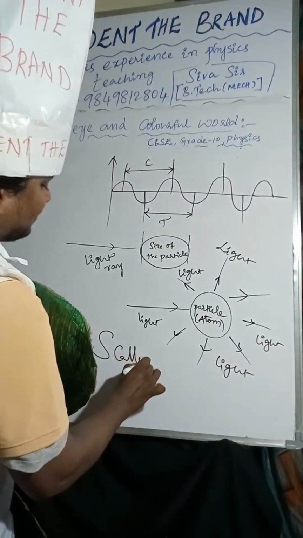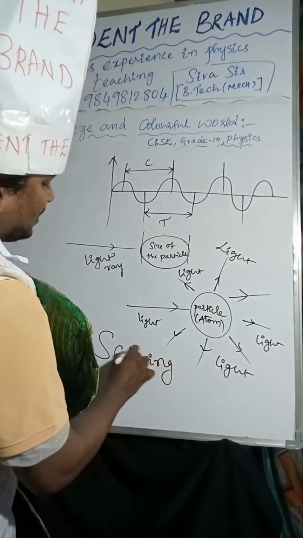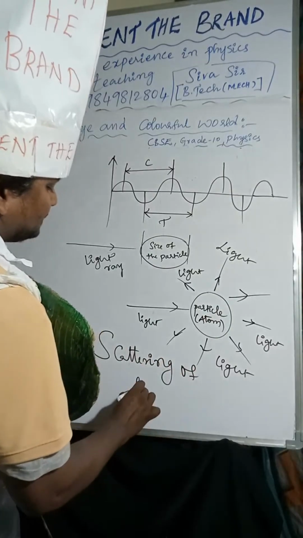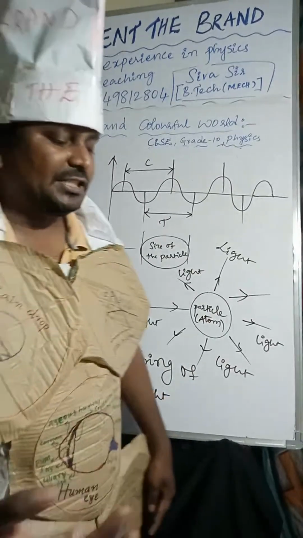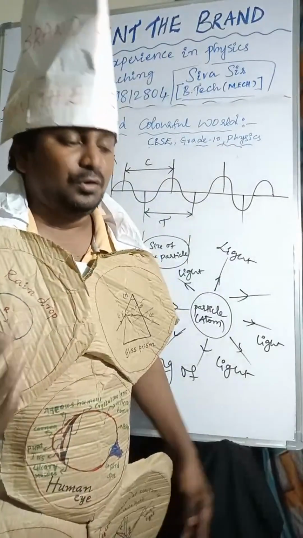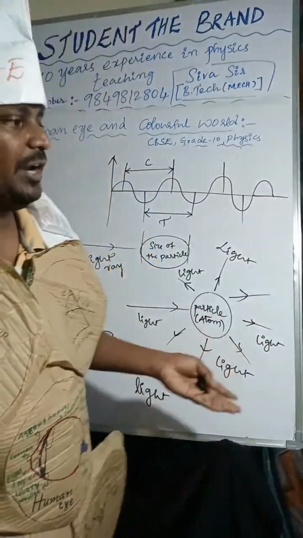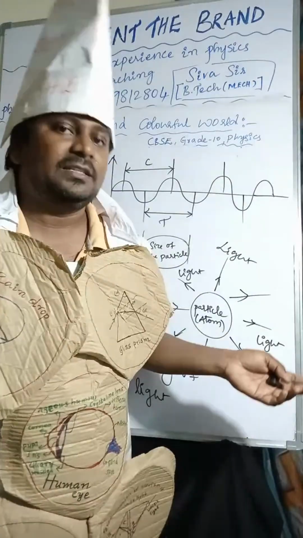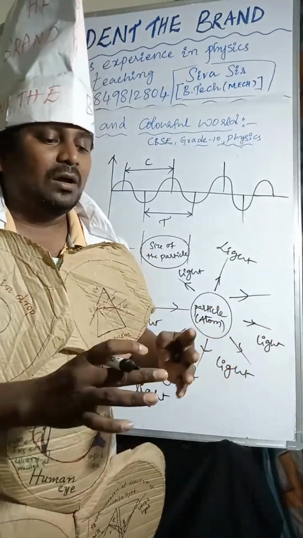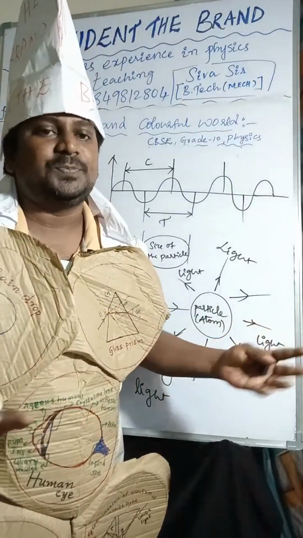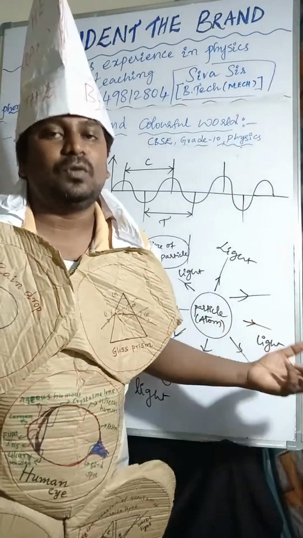Okay, so the blue color of the sky, the reddish color of the sky. In the evening and morning, you can see the sky appears reddish. Sometimes it appears blue, because the particles present in the atmosphere will scatter the blue light the most,